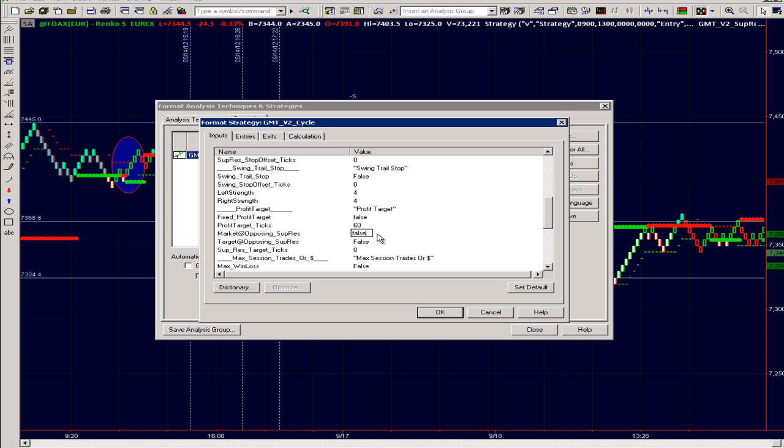So what effectively happens then is that every single time the trend finishes and we get that second support or resistance set up, we're basically just going to be taking the trade until we get knocked out on support resistance. So you can see how, even though this is a cycle trading strategy, if you look at the actual system itself, you can manipulate the system to do what you really want as far as trailing your stop